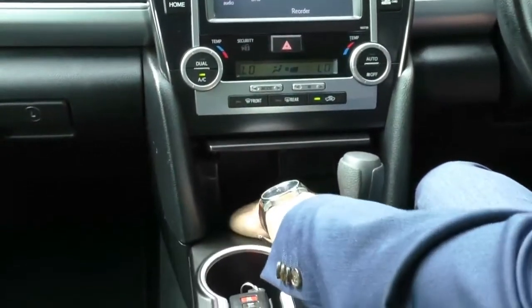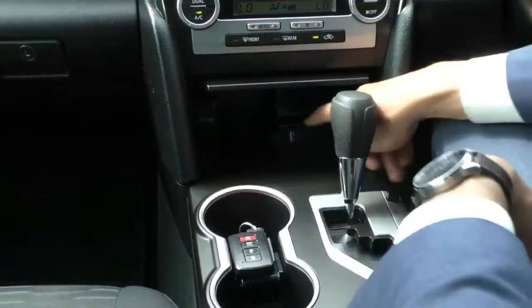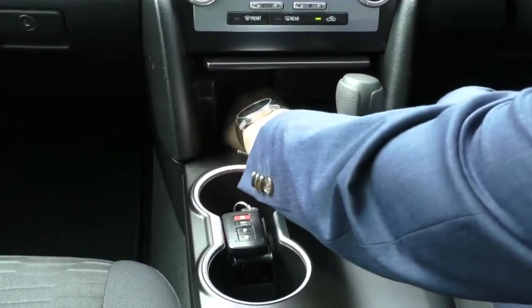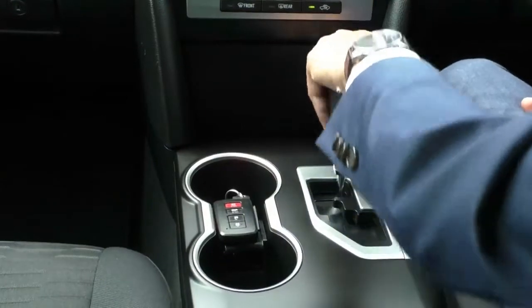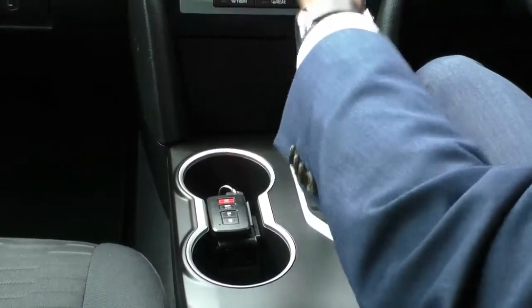Now below that there is a bit of a storage compartment, quite generous. There is a USB input as well as an auxiliary input just in there. Otherwise you can just store your phone in there and tuck it away. Now you've got 2 cup holders, this nice gear shifter, and if I bring that into reverse, you'll see that